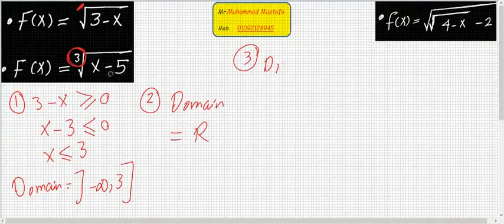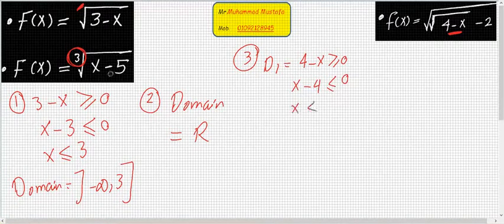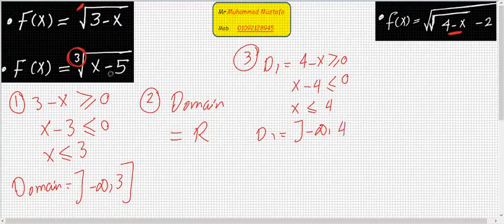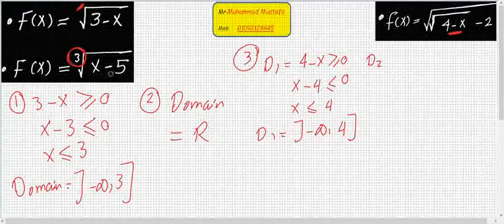D1, the domain of the first one. We put 4 minus x greater than or equal 0, x minus 4 smaller than or equal 0, x smaller than or equal 4. D1 equals negative infinity to 4, closed. To find D2